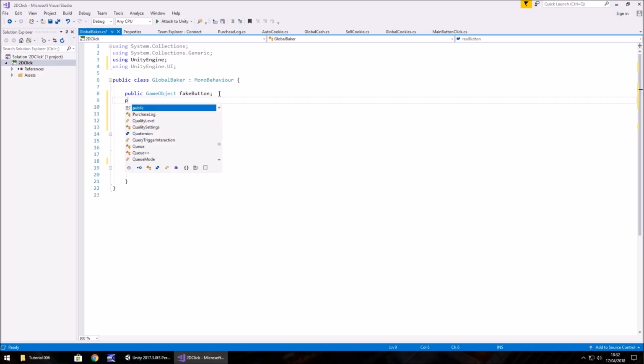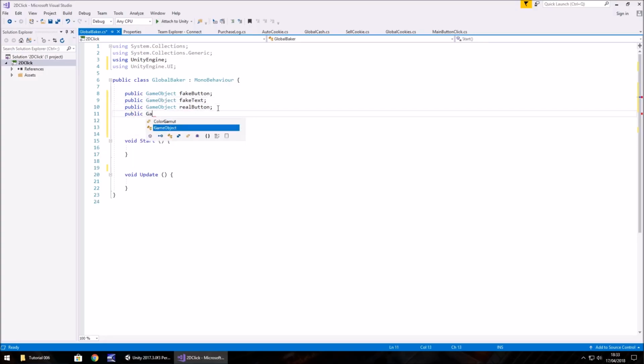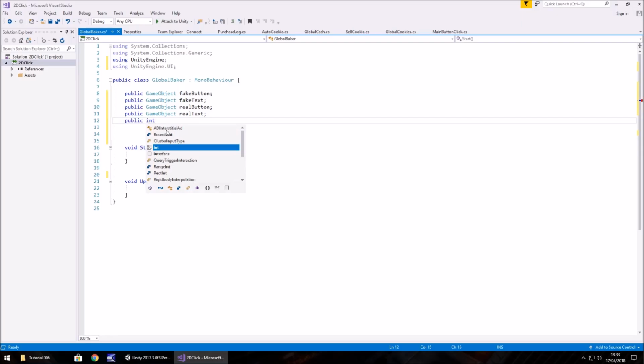So we're going to need public GameObject fakeText; and the same applies again, public GameObject realText;